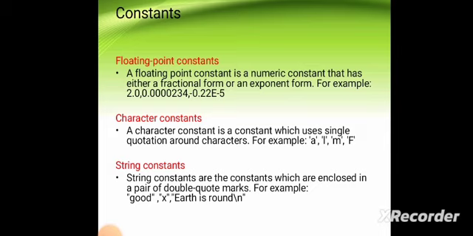And then character constants. Character constants are also separated into two sectors, single character constants and string constants. What is a character constant? A character constant is a single character. When the user wishes to use a single character in a program, they will choose the character constant. Otherwise, if the user wants a group of character values, then string constants will be executed in